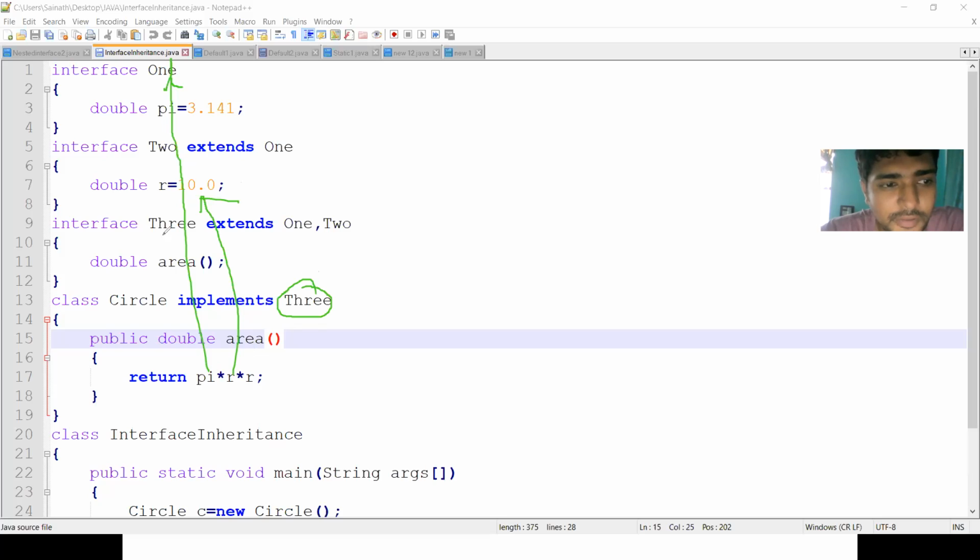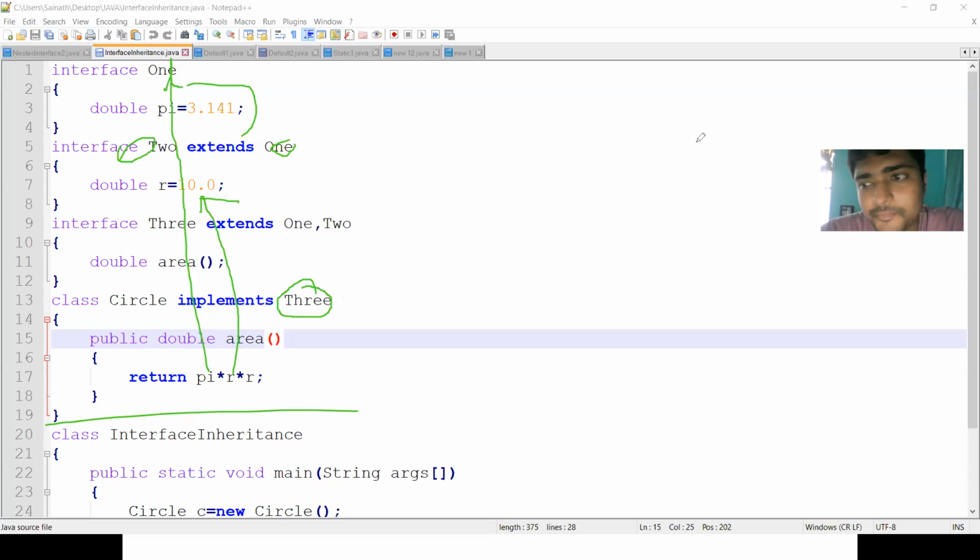If you implement the interface 3, automatically 3 extends the properties from 1 and 2. So the control goes to the second interface. The second interface extends the properties from interface 1, so the control goes to interface 1. If you write the third interface, that means the subinterface, then automatically the remaining interfaces are implemented. So this is the implemented class.